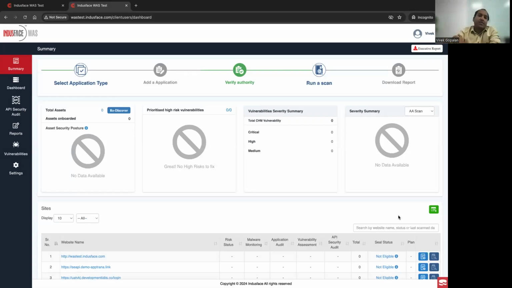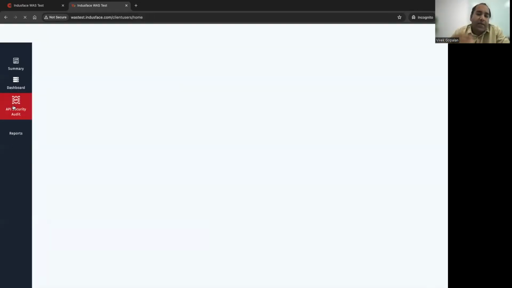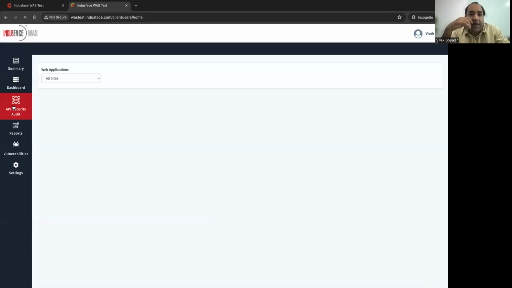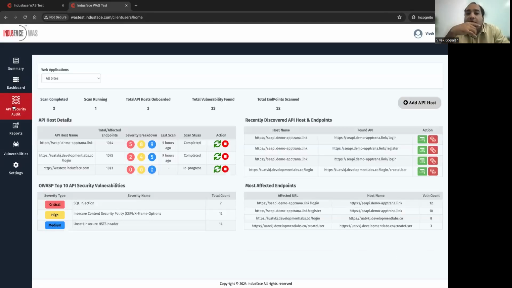Once the scanning starts, you will be taken to the onboarding page. In this case, we have additional sites already scanned also. So as the scan gets completed for the APIs that have been identified, I'll show you how the results will look for the other host that has already been scanned. For this customer, about three hosts have already been